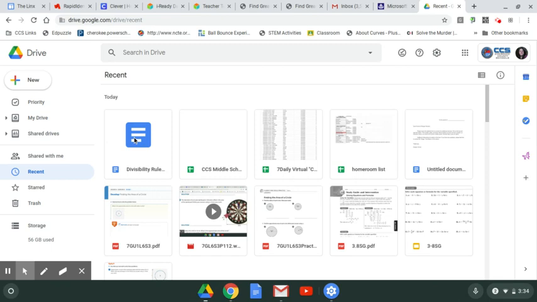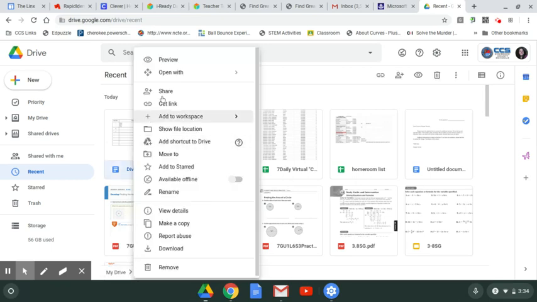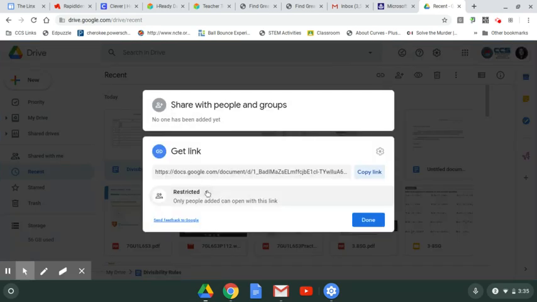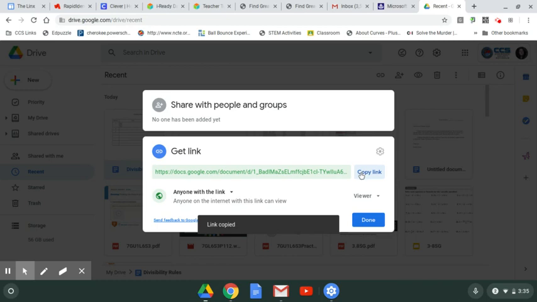And what you'll do is right click on it and say get a link. And don't forget to change the link right here to anyone with a link. And then you copy the link, and then you go over to your Canvas assignment and you paste that link in there. Do not email me or share this with Mrs. Ledford, because that's not how you do it. You have to put it into the Canvas